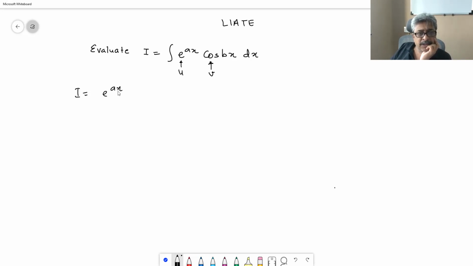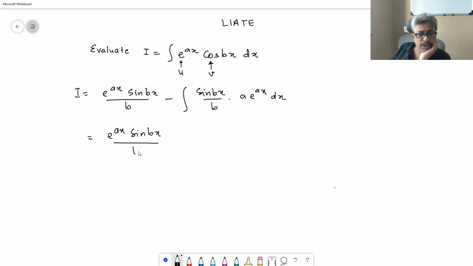So e raised to ax, integral of cos bx is sin bx upon b, minus integral of sin bx upon b, that is integral of v into derivative of u, which is a e raised to ax dx, right? Therefore you get e raised to ax sin bx upon b minus the constant a by b times integral e raised to ax sin bx dx, right? Now again we apply integration by parts to the second part here,